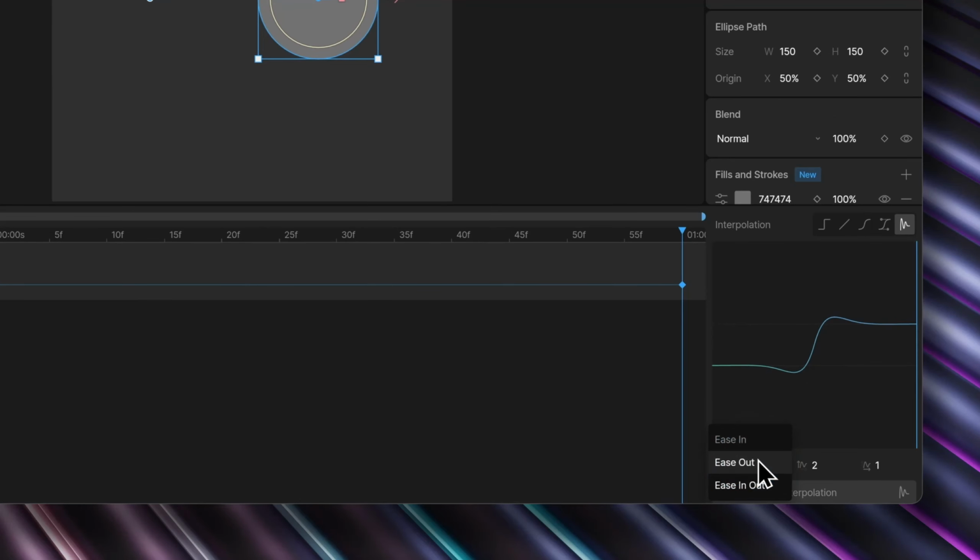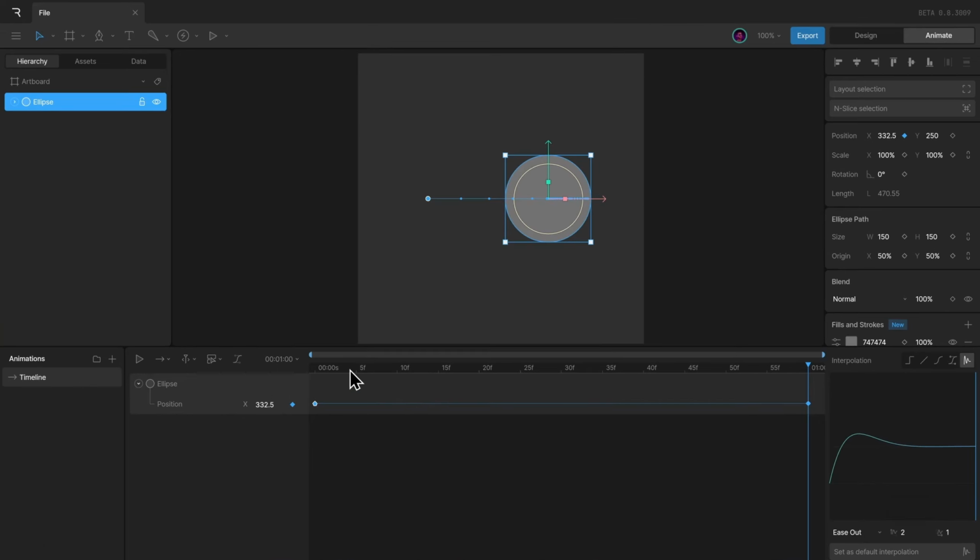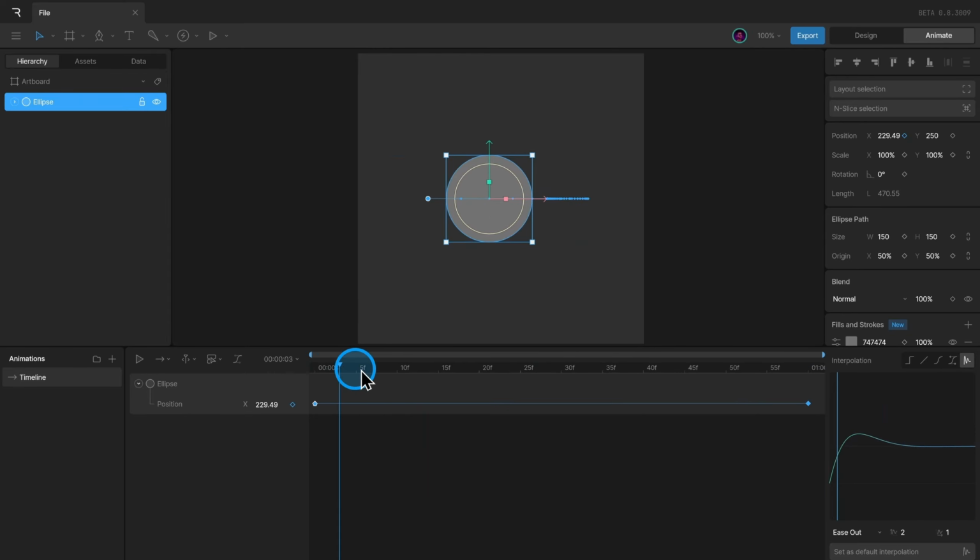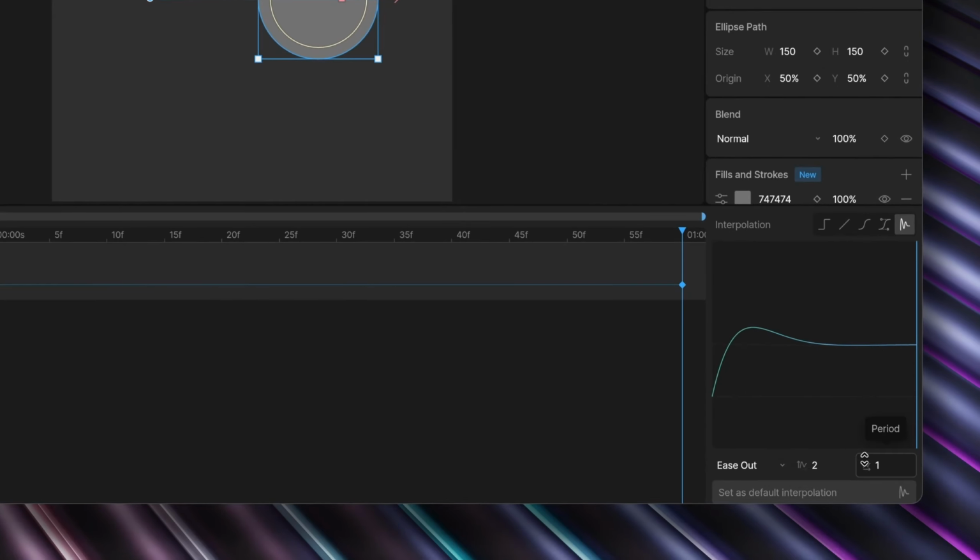Finally, we have the period. So I'll set back the direction to ease out and then look at the period. That is the wave length. Using this, we can control the amount of bounce or back and forth. Right now, it is only once. If I want, I can change the number and instead of increasing it, we decrease the same because it is